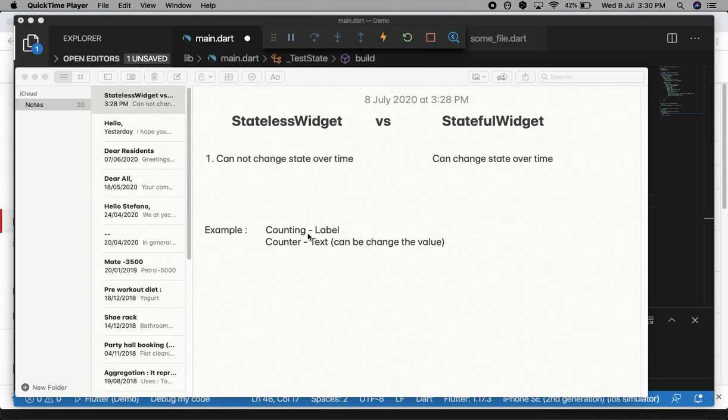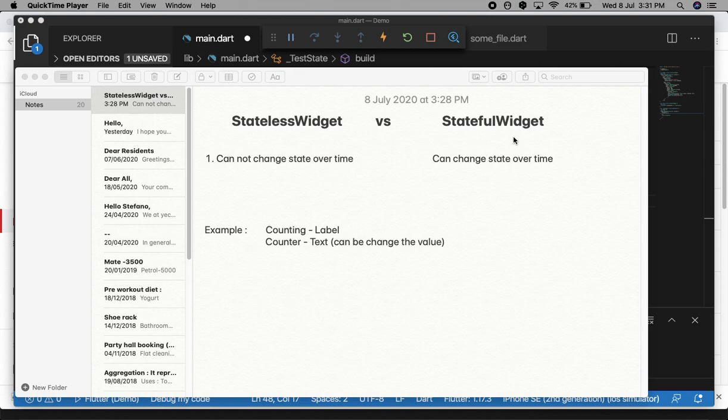The label will always be counting, and above this label I have added one more text, a counter, and this counter will have a different value when its state is updated. So the counter text comes under the stateful widget. Okay, so let's get started with the development.